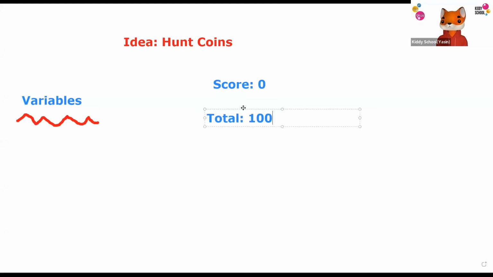Now, we're going to write the code in such a way that if a player reaches a total score which is bigger than 100,